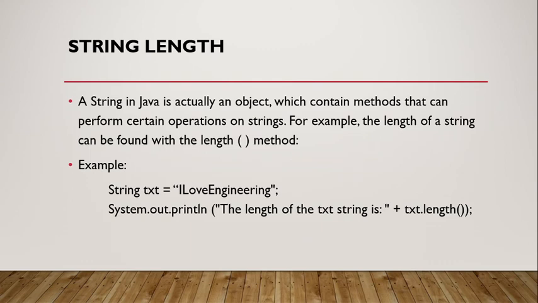String length. A string in Java is actually an object, which contains methods that can perform certain operations on strings. For example, the length of a string can be found with the length method. Example: String text = "I love engineering"; System.out.println("The length of the text string is " + text.length());